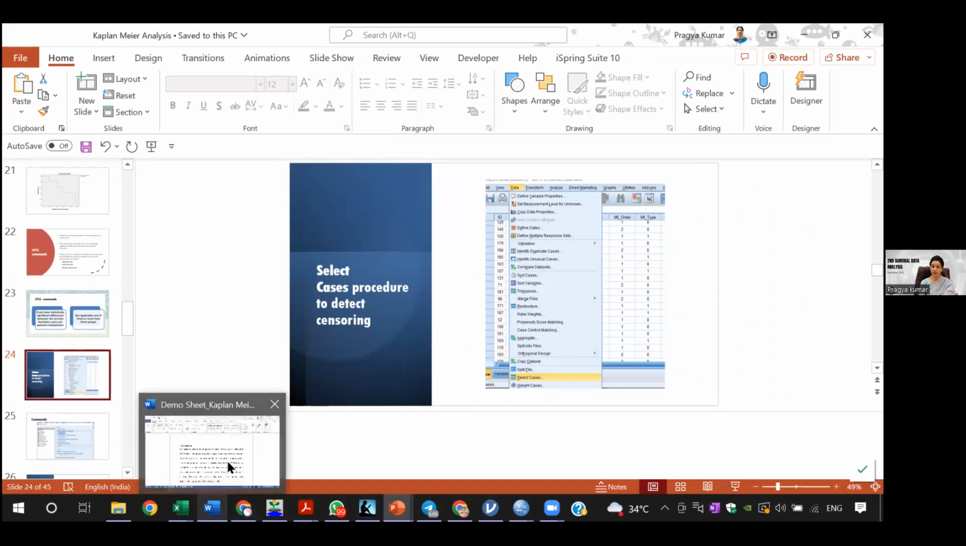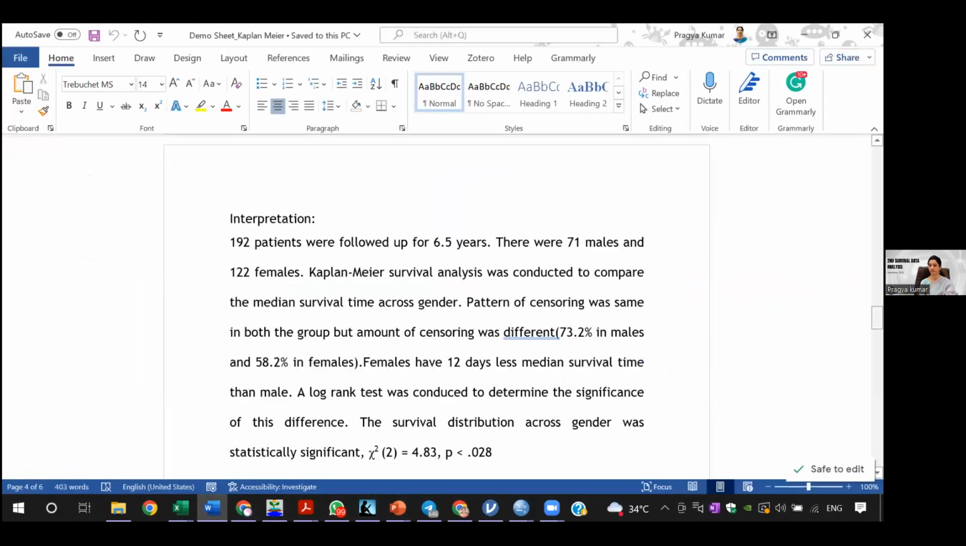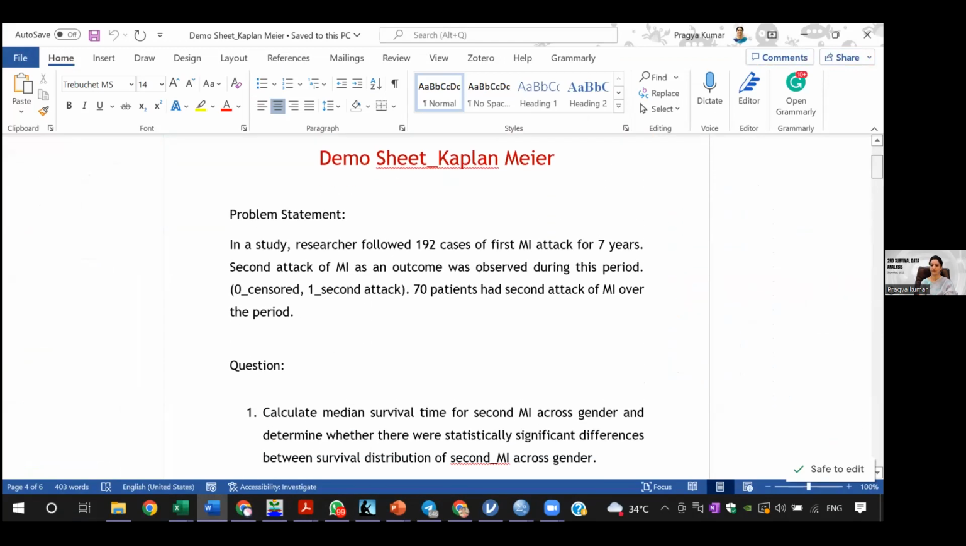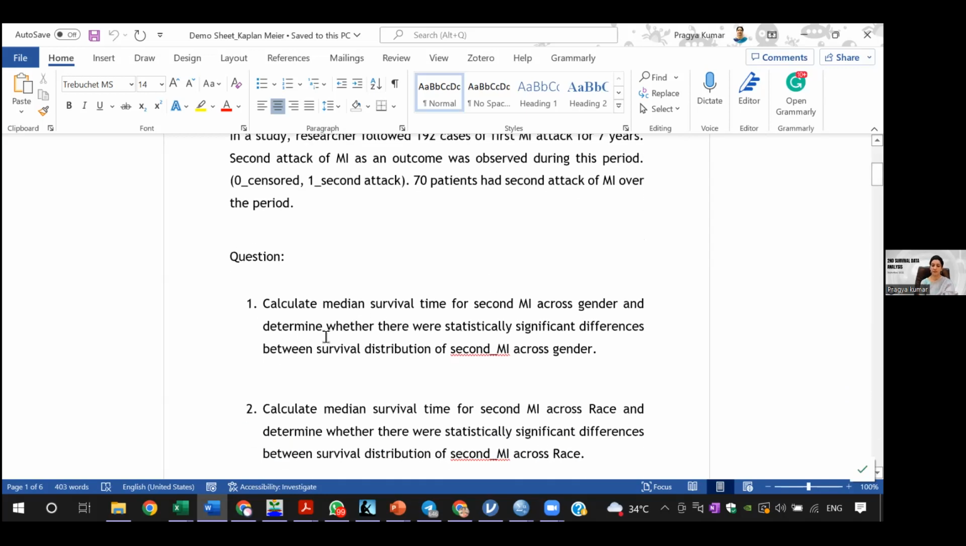So this is my question. In a study, the researcher followed 192 cases of the first attack of MI for 7 years. The second attack of MI was taken as an outcome. It was observed during this period, where 0 was censored and 1 was second attack. 70 patients had a second attack of MI over the whole period. So the question is, we have to calculate the median survival time for second MI across gender